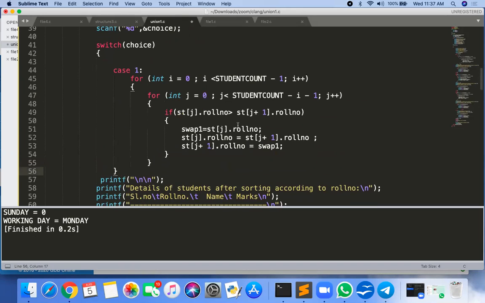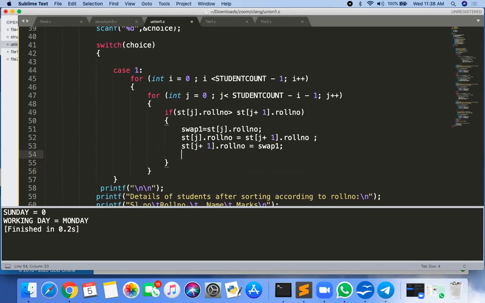Okay, so you have swapped only the roll number here. You have not swapped the whole data. Only the roll number of that data will be swapped. If roll number, you have to swap by roll number. Suppose your roll number is 3 and the other roll number is 1. Only the roll number is swapped, but the data stays the same as for the previous one. If the first, roll number 3 is having the name Ganesh, now after swapping, roll number 1 is having the name Ganesh.